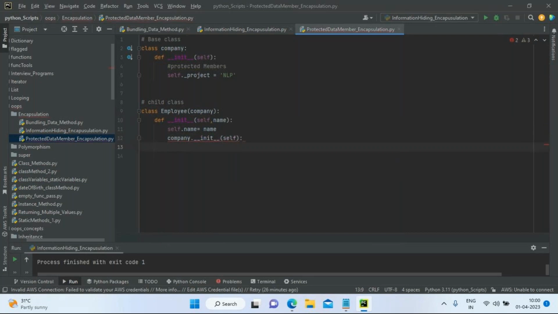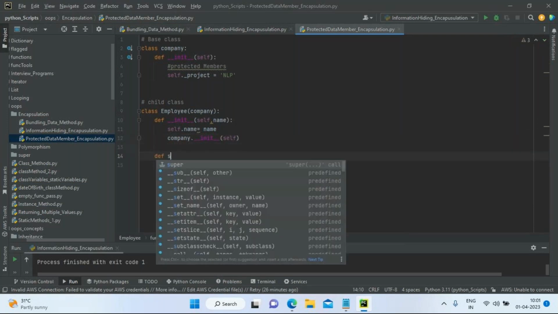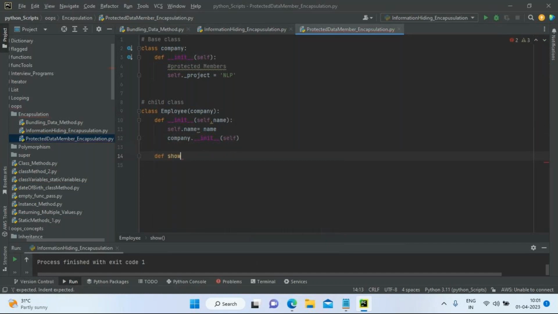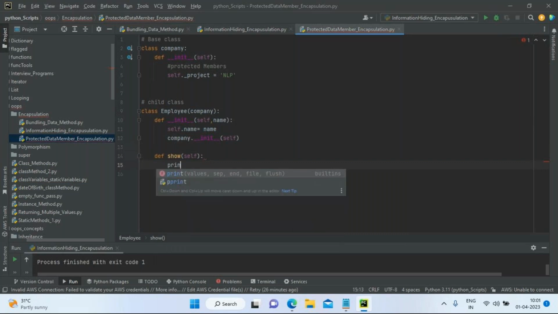Okay, hold a minute. Why is it throwing like this? Yeah, I should not use this one constructor, right? Company.init, and then I will pass self, and then I'm going to have one more function. The function is called show. Self is the instance, and then I'm going to print the employee name,